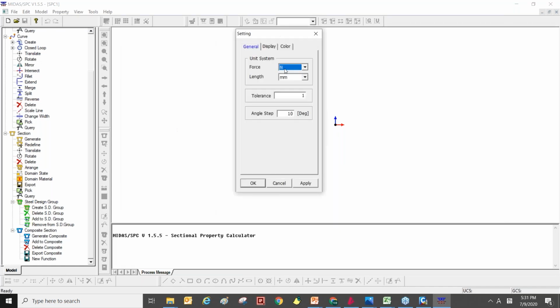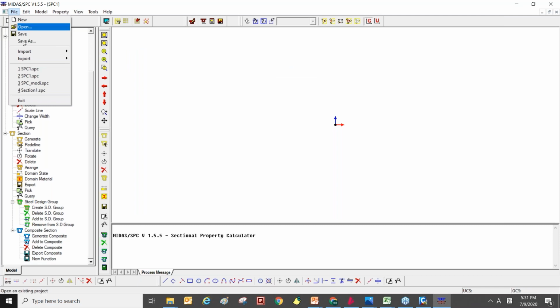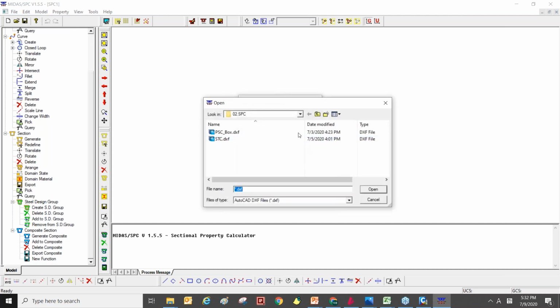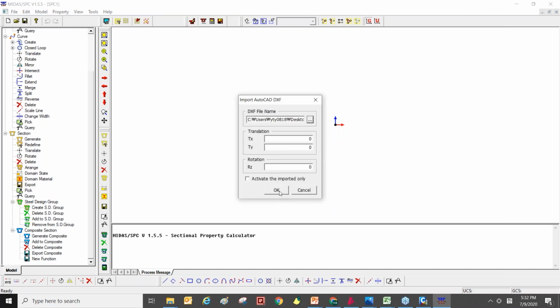So I will use the millimeter here, and then you can import the AutoCAD file. So I will import PSC box girder.